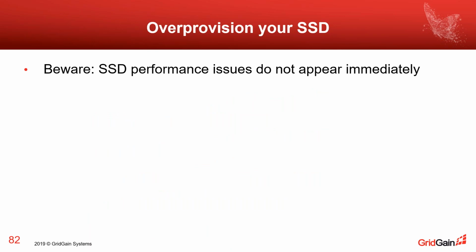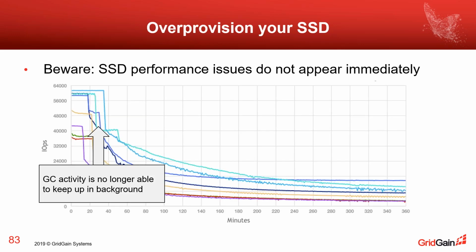And the next point is that performance issues with solid state disk drives don't appear immediately. There's a picture that shows when SSD disk performance decreases. This picture shows when load was applied to several different SSD models, and what is measured is I/O operations,